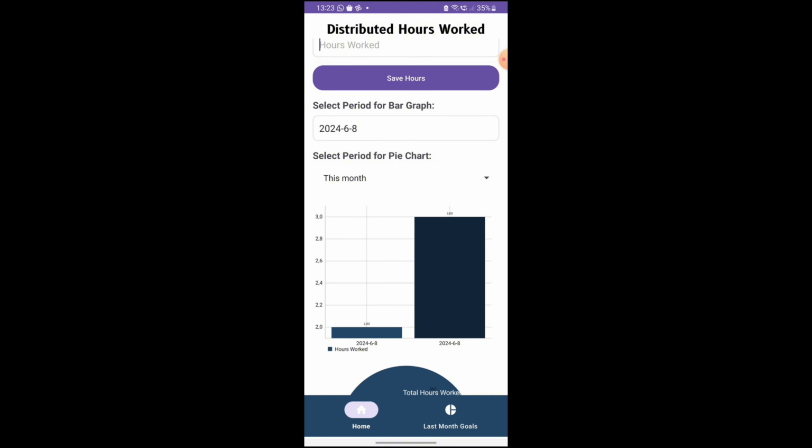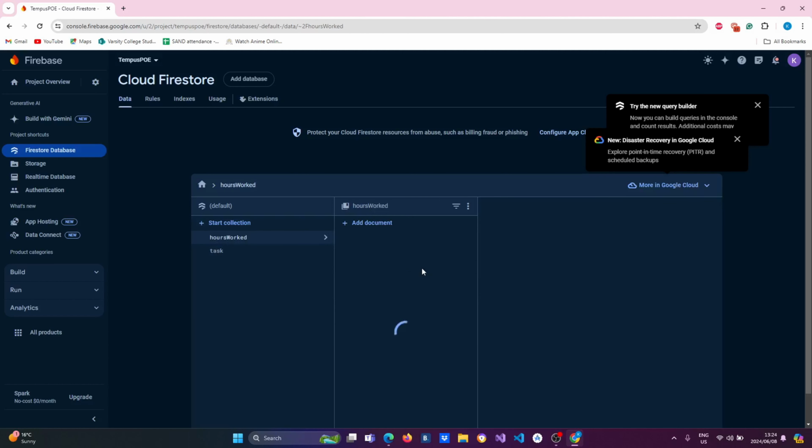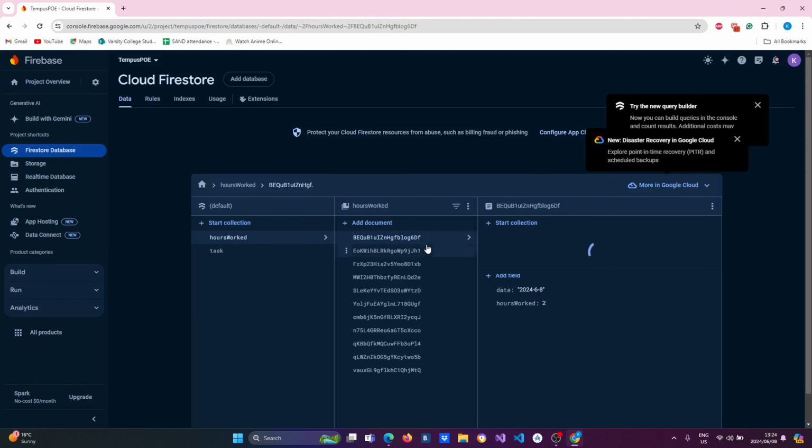Actually, now I'm going to move on to the database so I can show you that the total hours actually works. Okay, just to show you that the total hours does work, here it saves into our collection of hours worked, and these are all the hours that we put in. As you can see, this is what we did today. We worked for 2 hours. This is literally the input field that we've implemented today,